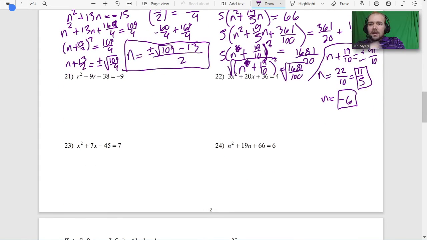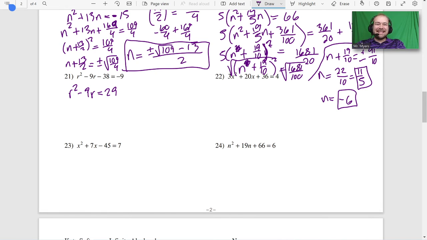Okay, here we go. So this is r squared minus 9r. We'd add 38, so 38 minus 9. I can't math anymore. I'm so brain dead right now. That problem sucked my life out over there. What is going on? All right, so then